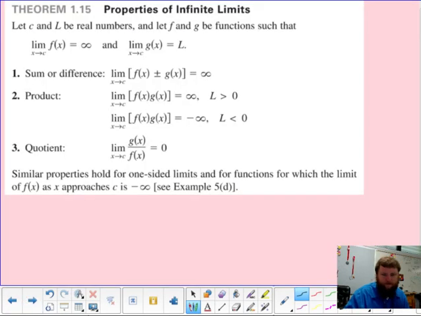Moving on. All right, so a little bit of the properties of infinite limits. So if you have the sum, let's say f of x is infinite, and g of x is just some number. Okay, so it's a regular limit. So if you add those up here,